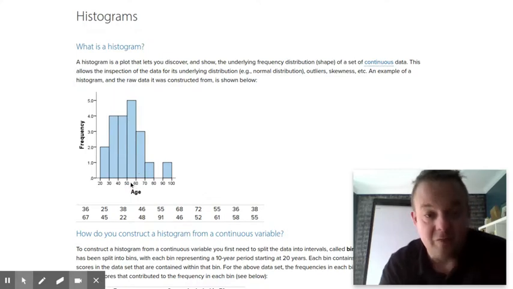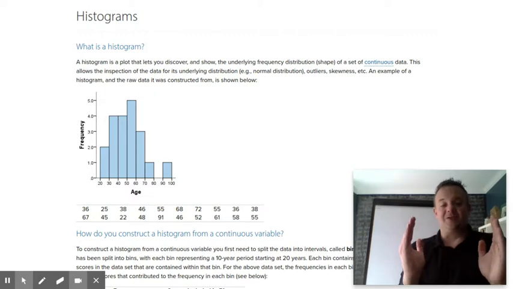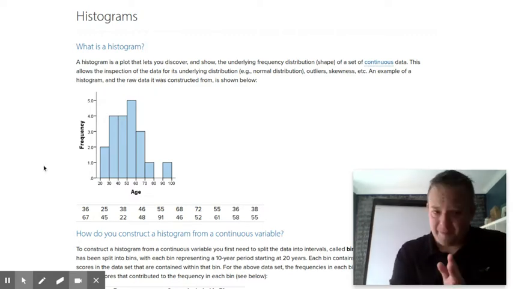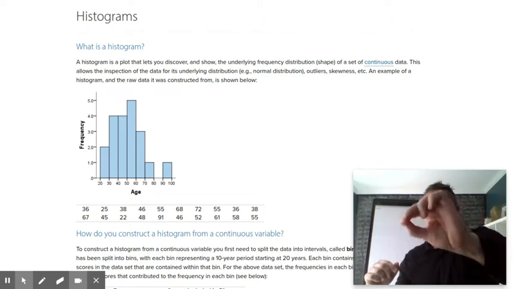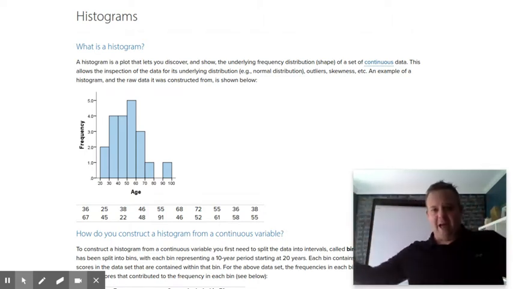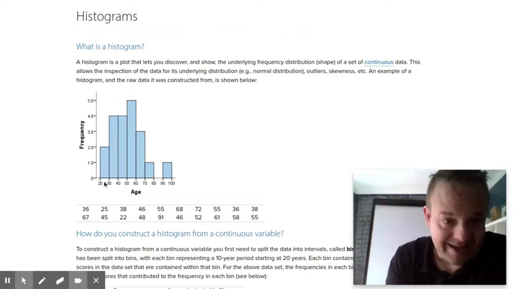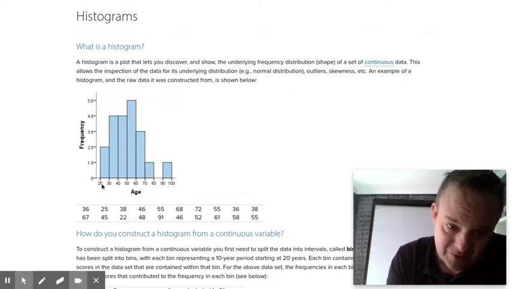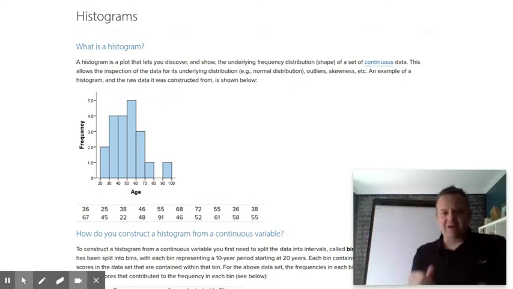Now, we don't know what the actual age is. I mean, it could be 51, 53, 50. We just know it lies between there. So if we had a bar graph, it might only go like up one, up one, up one, up one, up two, up one, and then like all these gaps between. That's why we want to cluster all the data together to show continuous data, because it's not so important if this is 20 or 21 or 22, just that it lies between 20 and 30, and we can cluster it